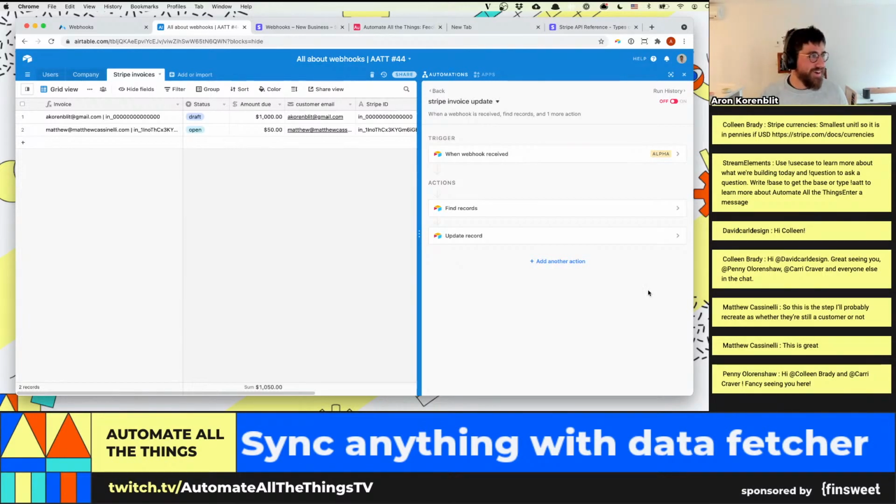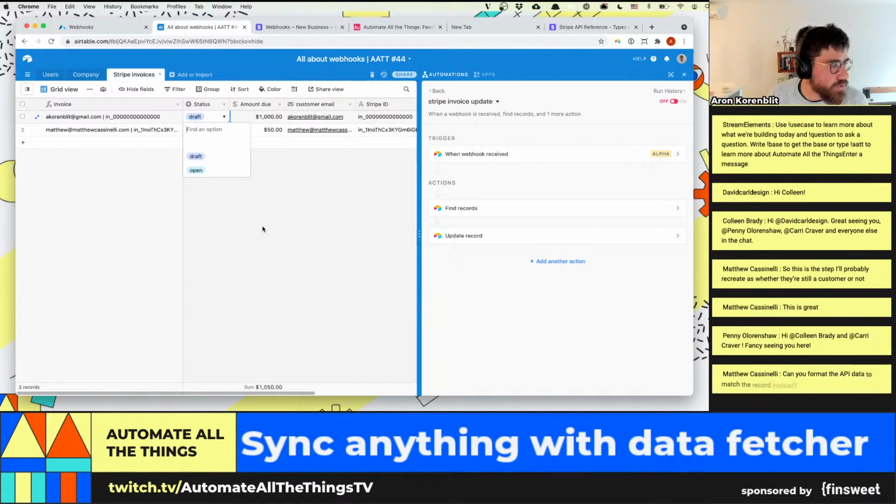Okay, whew. We're covering a lot of ground here. So now we know that when things update in Stripe, those changes for the status at least to have status. So Matthew, your question is, can you format the API data to match the record instead? So you mean if we wanted this to have draft as a capital D, or that, you know, maybe we have a different mapping of statuses and you'd like to be able to match that, the single select? So let me know if that's your question, and I'll answer it in a moment in the affirmative, but it'll require a little bit of elbow grease with some scripting